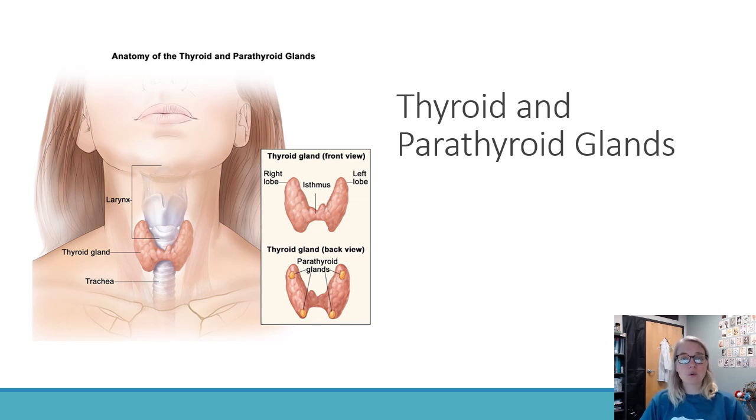The next pair of organs we're going to take a look at sits right here in your throat, right below your voice box. It's called your thyroid gland. On the back side, we have your parathyroid glands. So your thyroid gland is kind of this big, wing-shaped, horseshoe-shaped, wrapped around the anterior surface of your trachea, right below your voice box. And on the back side of it, there's 4 little bean-shaped glands called the parathyroid glands. They're embedded in the back wall of the thyroid gland.